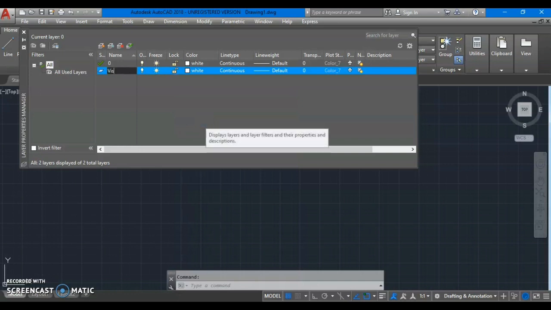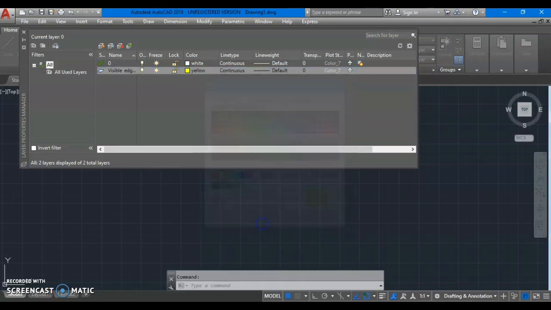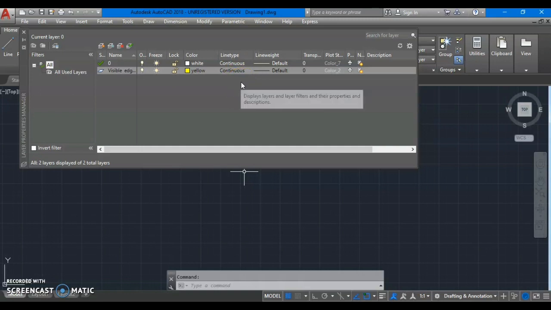Let's say my first new layer is visible edges. Enter. I'm changing the color of my visible edges layer to yellow. Okay. Then over here we have different inputs like line type and line weight, where line type will help you to change the type of line, for example from continuous to center line, hidden line, like that. Line weight will give you an additional thickness to the line drawn.